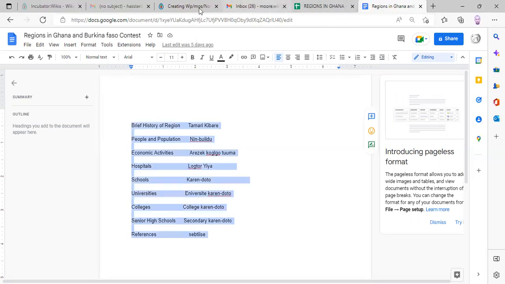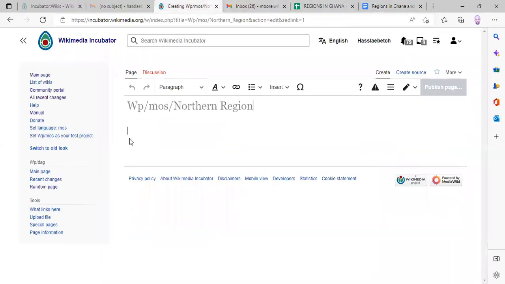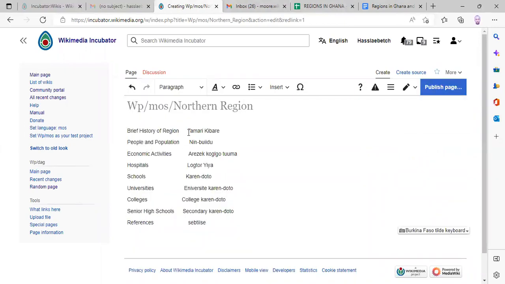Now I'm writing another region, so this is the subheading we are using. I'm creating that, so let me put it there and see. Let me backspace. I'm cleaning it. I hope I'm not confusing you. Let's follow and see what we are doing. These are the headings we are using for our articles.